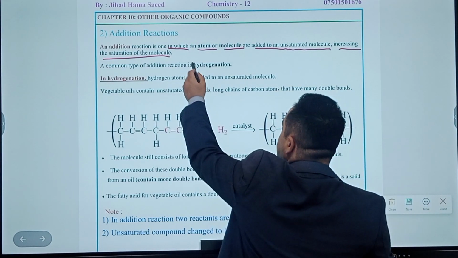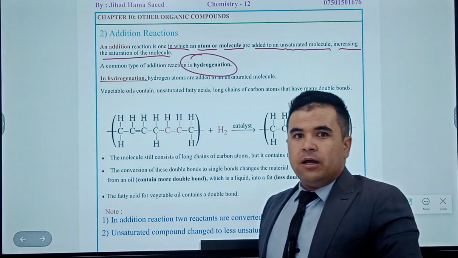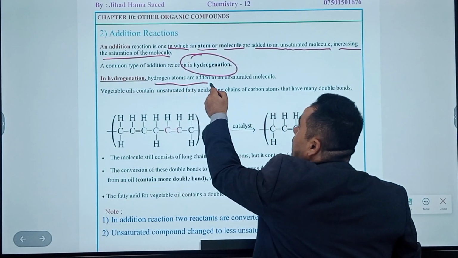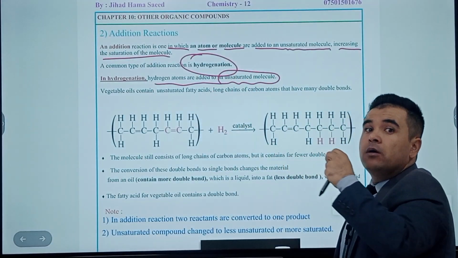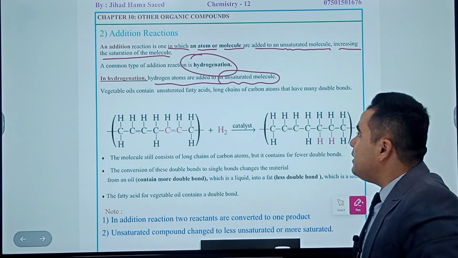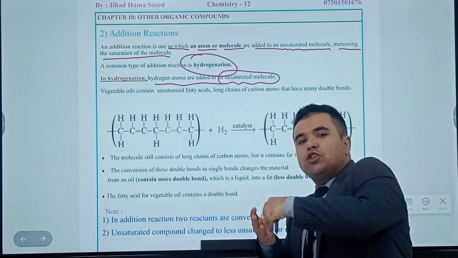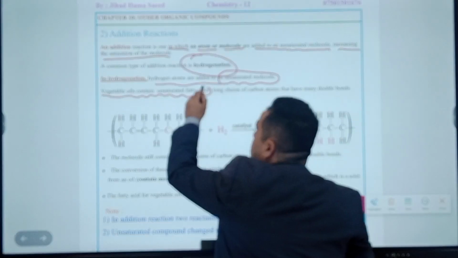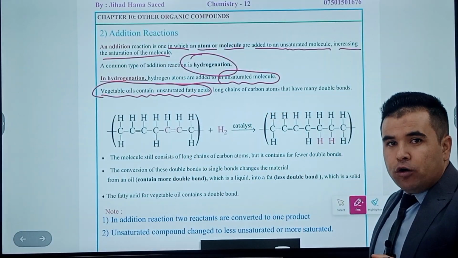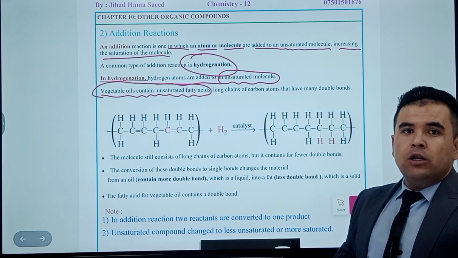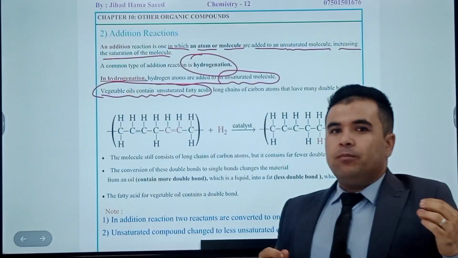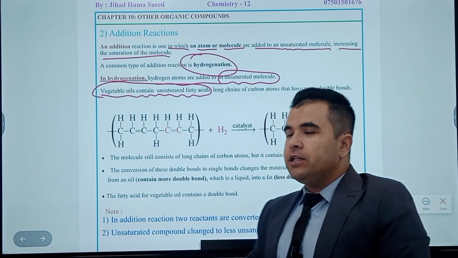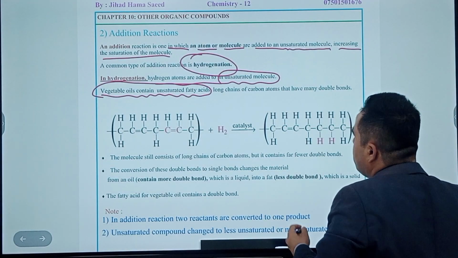A common addition reaction process is hydrogenation. In hydrogenation, hydrogen atoms are added to an unsaturated molecule. The double bond is removed and hydrogen is inserted into the molecule. An example of this: vegetable oils contain unsaturated fatty acids. Vegetable oil is a liquid oil. When we process the liquid oil by hydrogenation, it becomes a solid saturated oil,